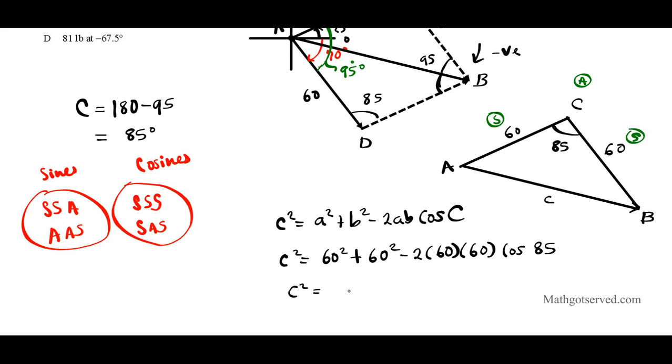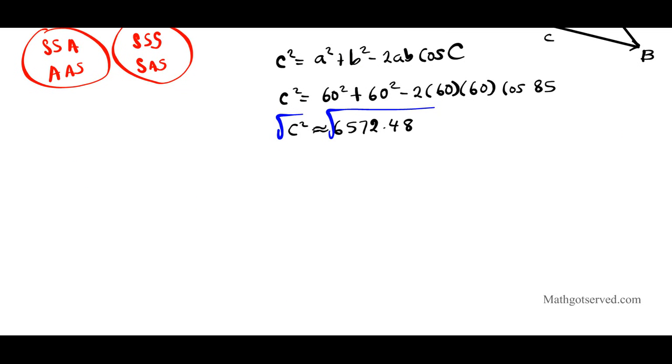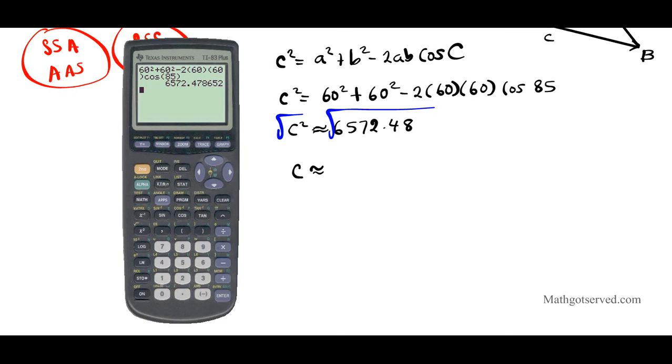So c squared equals 6572.48, which was approximately equal to that. So to get c by itself, we just simply take the square root of both sides. So root that and root that. And our final answer, C is going to be, let's see what C is. Well, to get C, we're going to take the square root of the answer we just got. So the square root of the answer is